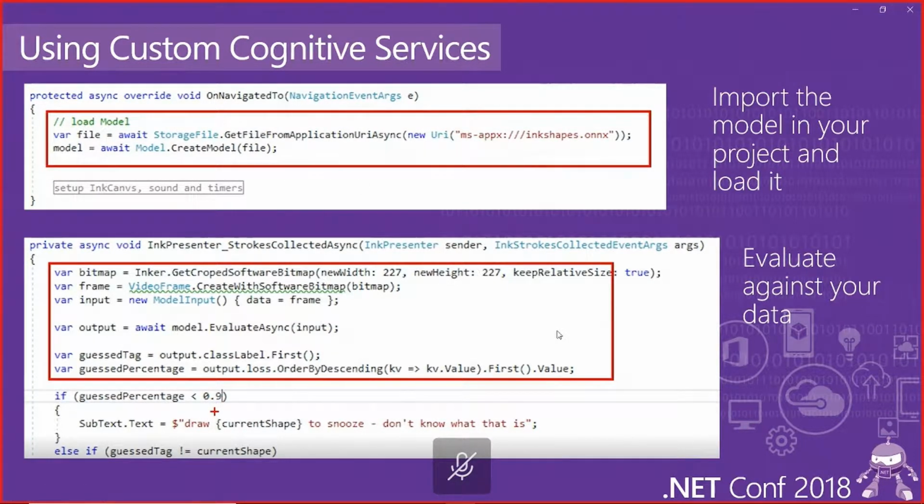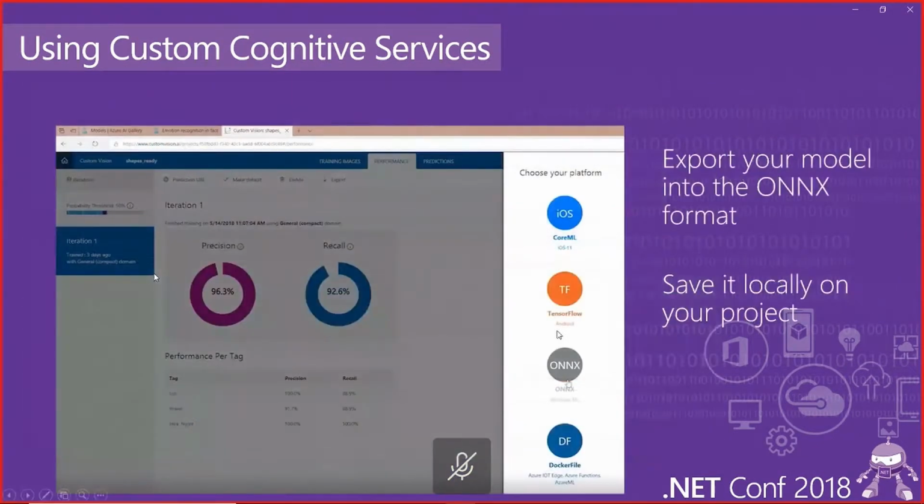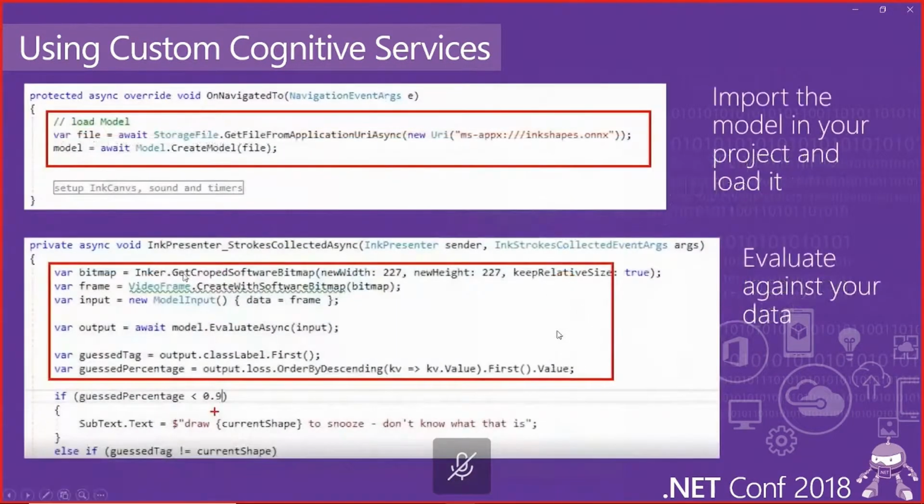So it's like we are drawing with the pen on the InkCanvas a shape, and then it gets recognized. To recognize it, just some lines of code to get the strokes collected from the InkCanvas. Inker is just of type InkCanvas, sorry. And then transform it in the way that the model can evaluate it and get the result.